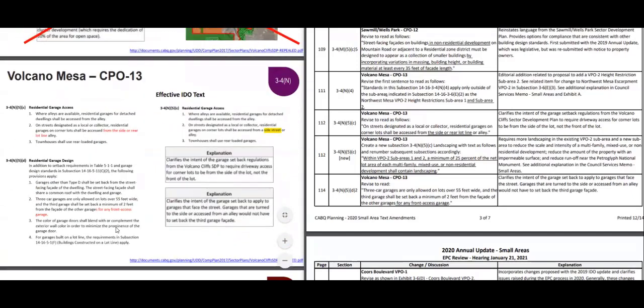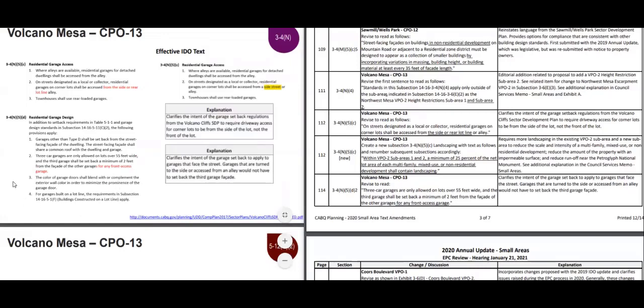So continuing on to this next one, this is subsection 3.4N5C. Actually, I'm not at that one just yet. I'm going to jump ahead to this one, 3.4N5D2. That's shown in red text over here. So this standard applies to residential garage design and layout. And this one would be revised to read, 3-car garages are only allowed on lots over 55 feet wide, and the third garage shall be set back a minimum of 2 feet from the facade of other garages for any